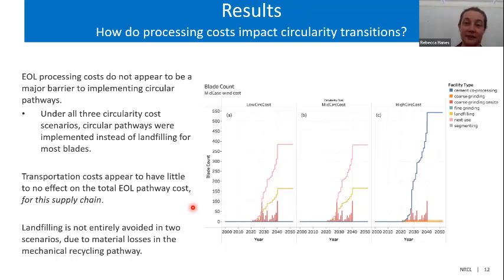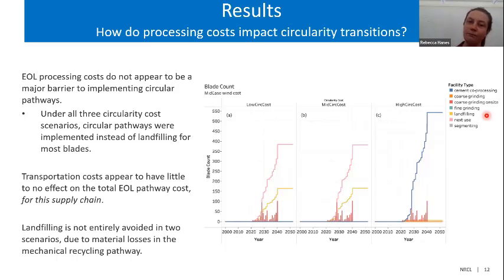And what we saw in this case study, kind of unusually, is that we're actually seeing circularity pathways implemented under all three of our circularity cost scenarios, low, medium, and high. And in particular, which I'm happy to talk more about if you have questions, we found that in this case, with the options that we had in our supply chain superstructure, the transportation costs wound up having relatively little effect on what pathways were implemented. So we actually saw the same pathways being implemented across our two-state region